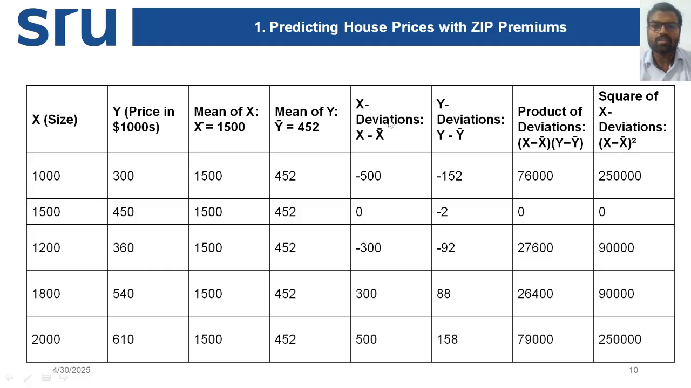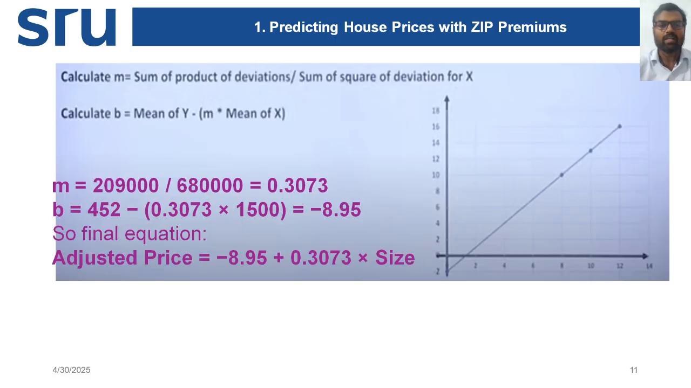Where are the x deviations? These are the x deviations. For that, we square them. Minus 500 squared, minus into minus is plus, gives 250,000. Then 0 squared is 0. Then minus 300 squared is 90,000. 300 squared is 90,000. 500 squared is 250,000. So we get all these things, but in our formula, m equals the sum of product of